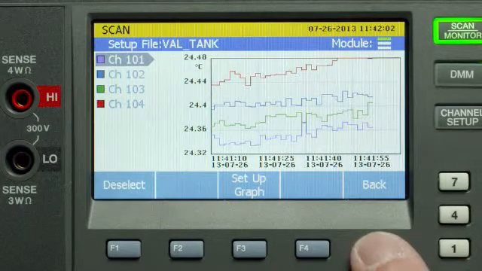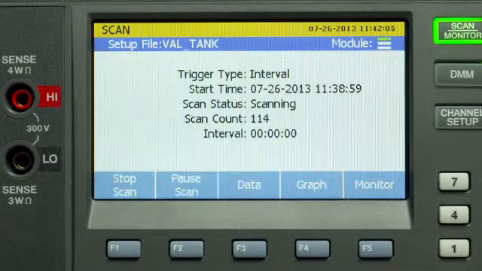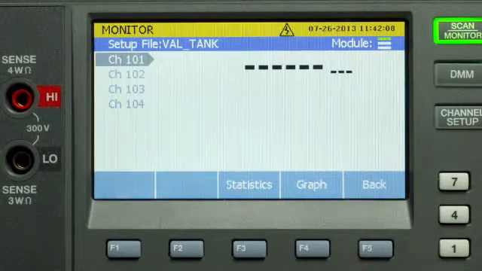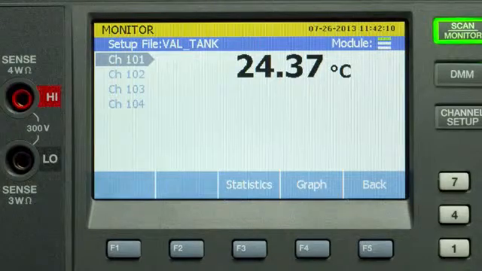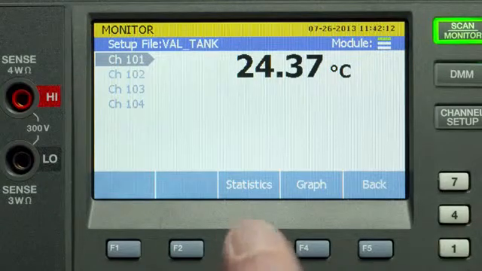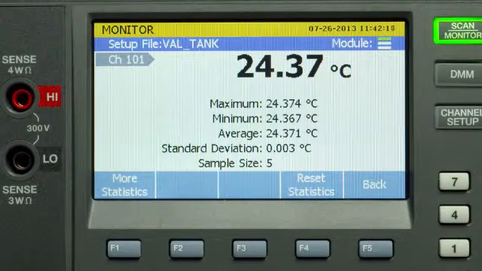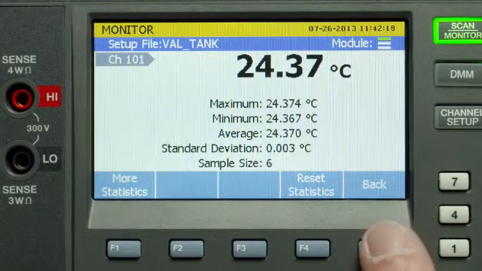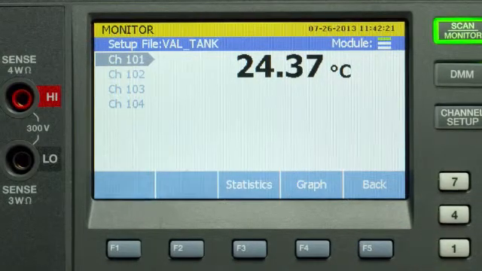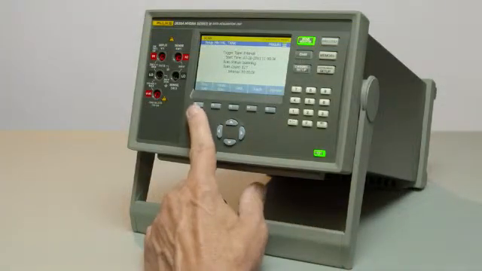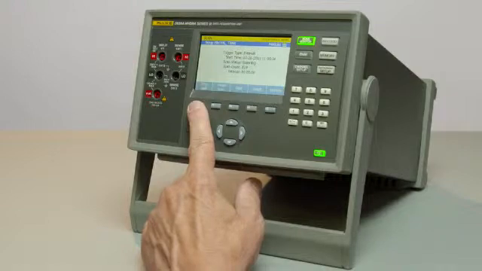The other way to view this data is through a monitor mode, here under F5. In the monitor mode, you view the individual value for the channel on any one channel at a time. You can also view immediately the statistics on that channel, including rate of change, peak to peak, and others, the standard deviation, for example. Okay, let's stop the scan session,